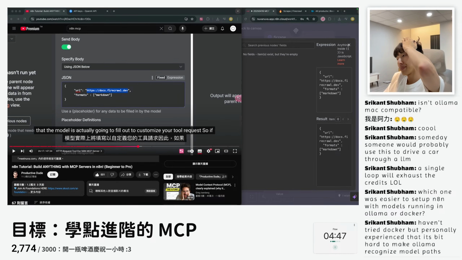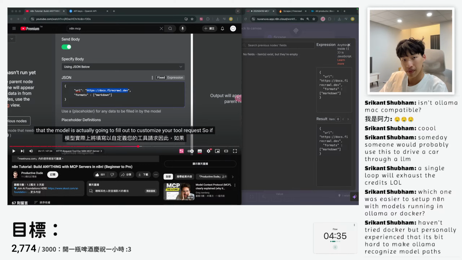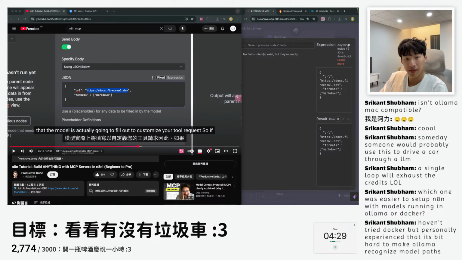Okay, everyone, I'm going to go take out the trash, so I'm not sure if there's a garbage truck today, but I'm going to go down and look. Haven't tried Docker, but personally experienced that it's a bit hard to make Ollama recognize the model path. I haven't tried Ollama, but I tried Docker. But I'm not sure about the relationship between Docker and Ollama.